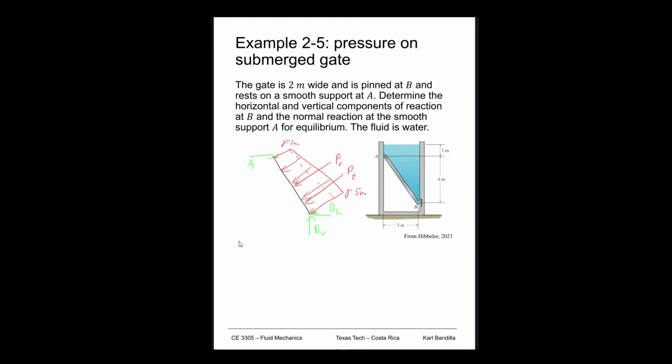So we can say the force from the rectangular part, what is that going to be? It's going to be gamma times 1 meter, and that's going to be over the entire length of my gate. Now it's a 4-3 triangle, so that means 5 meters. And we know it's 2 meters wide. So that's all we have. So that then is